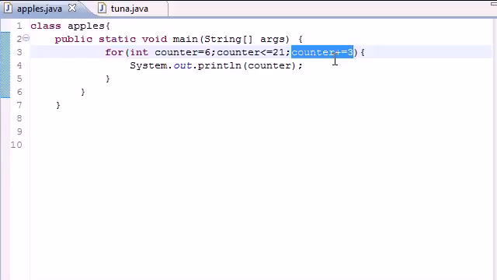play around with a for loop until you get good at it. And once you do, you're ready to move on to the